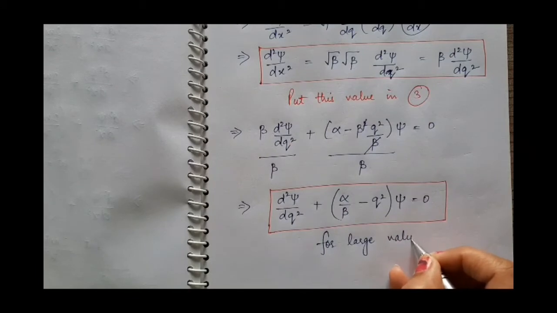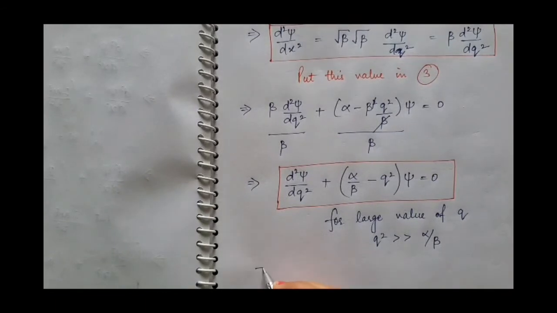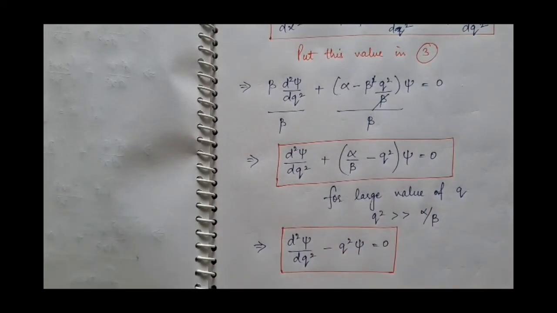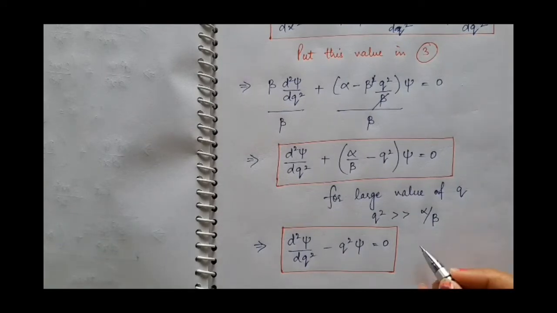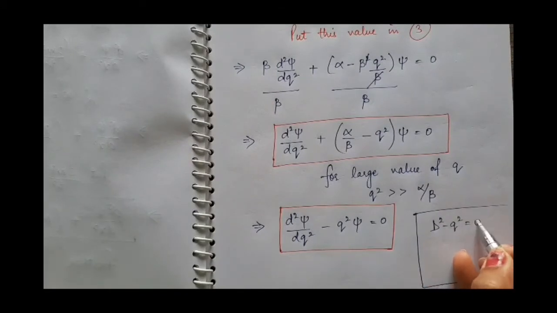So for large value of q, q square will be large. So this q square will be larger than this alpha by beta, so we can ignore this alpha by beta. So we will have the equation d square psi by dq square minus q square psi is equal to 0. We write the auxiliary equation and calculate the solution for this differential equation in this way. Here we will have D square minus q square equal to 0, so D will be equal to plus minus q. So its solution will be